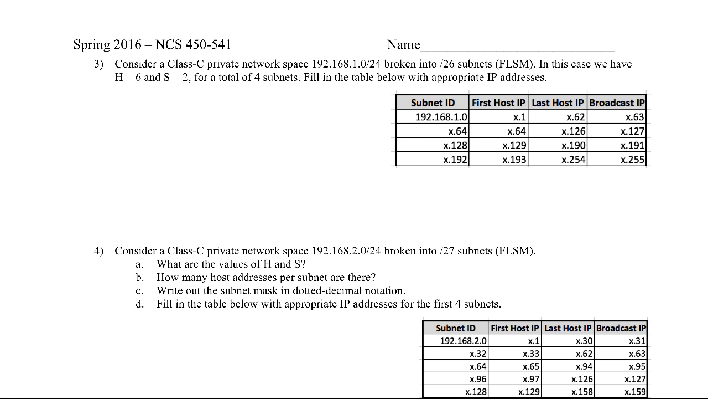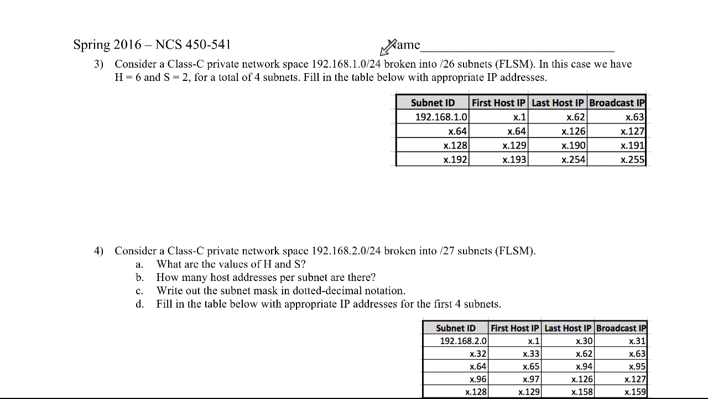192.168.1. And this is a /24 because it's a Class C. And we're going to break this up into /26 subnets. And there's two things you can do with this 26. You can say it's 2 more than 24, meaning the number of subnet bits is 2. You can also say 32 minus 26 is 6, meaning the number of host bits is 6. One way or the other, the number of subnet bits plus the number of host bits is 8, because we're